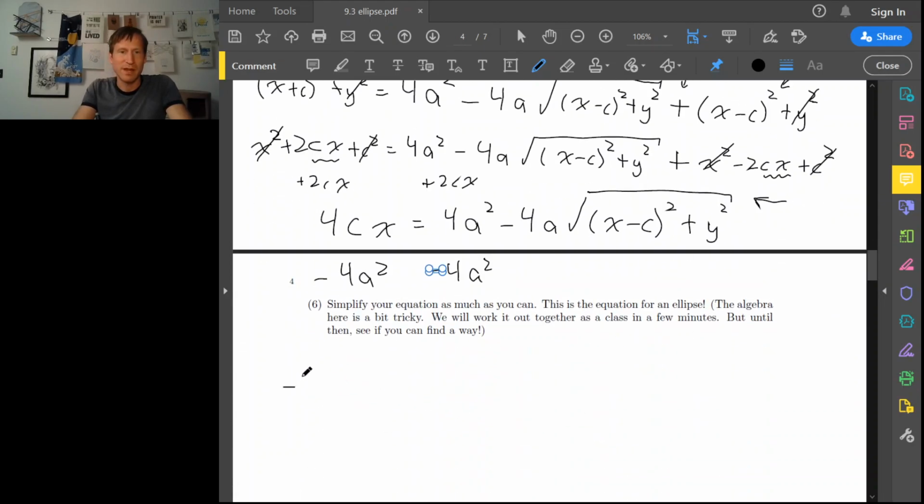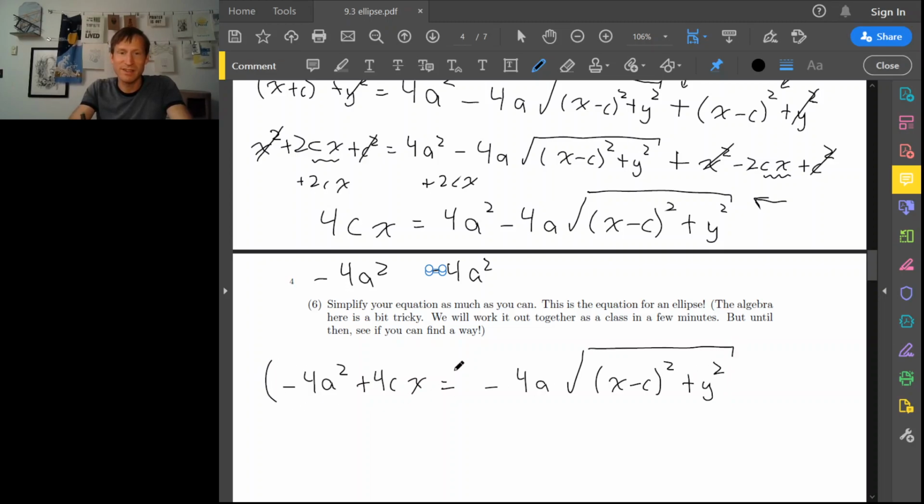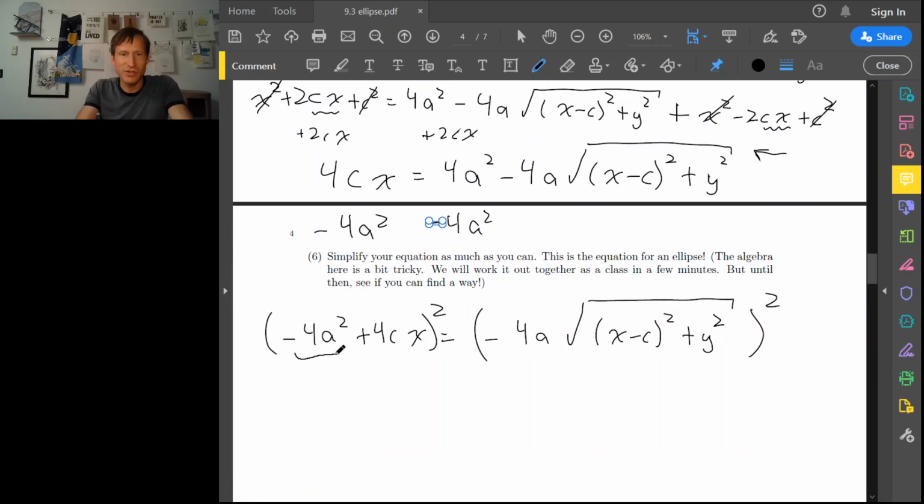So minus 4a squared plus 4cx equals negative 4a times the square root of (x minus c) squared plus y squared. And now finally we're in a position to square both sides, and this will get rid of the last square root. On the left-hand side, remember we're going to do first piece squared plus twice the product plus second piece squared. So we get